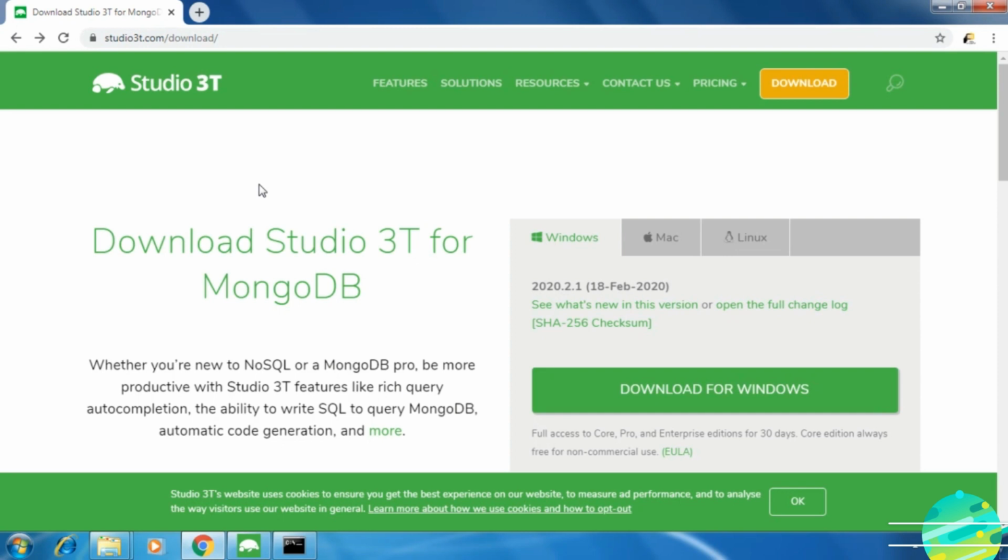Hello and welcome back. In this lecture, we are going to install Studio 3T for mongoDB. So Studio 3T is a UI connector for mongoDB, so that we can manage our database, collection and documents. So it seems like SQL databases. We are preferring some UI connector to manage our